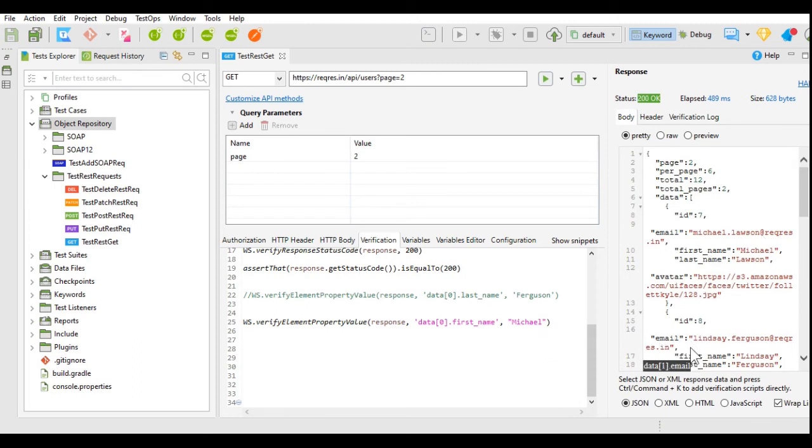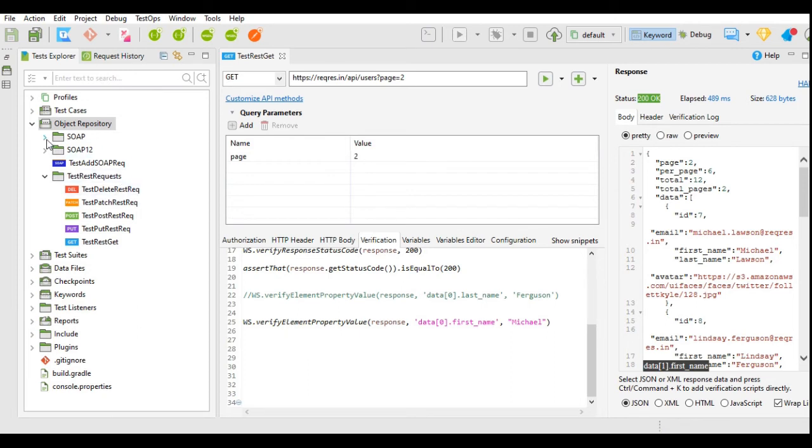This way you can generate the JSON path without having the JSON Pathfinder tool, without downloading or installing the JSON Pathfinder tool on your Chrome browser, because Katalon has provided this facility to generate the JSON path.